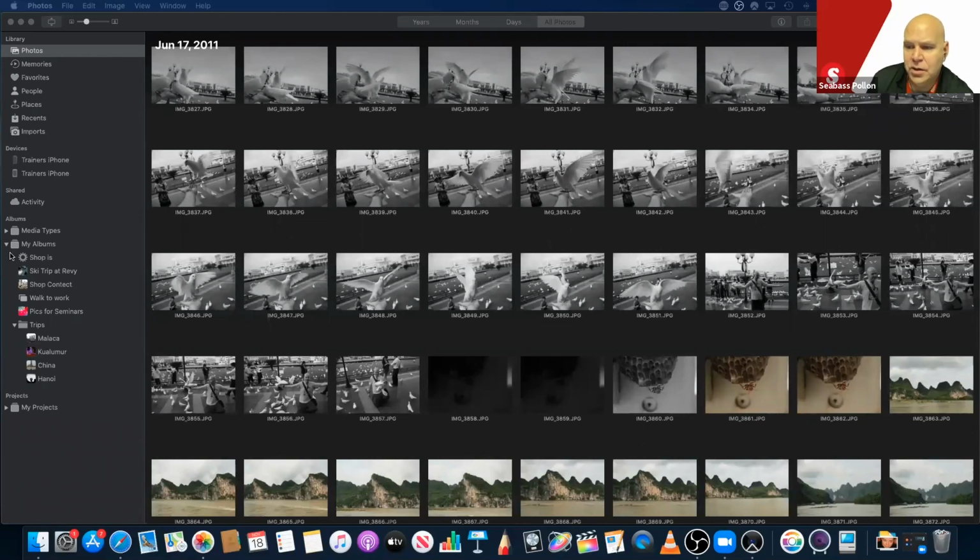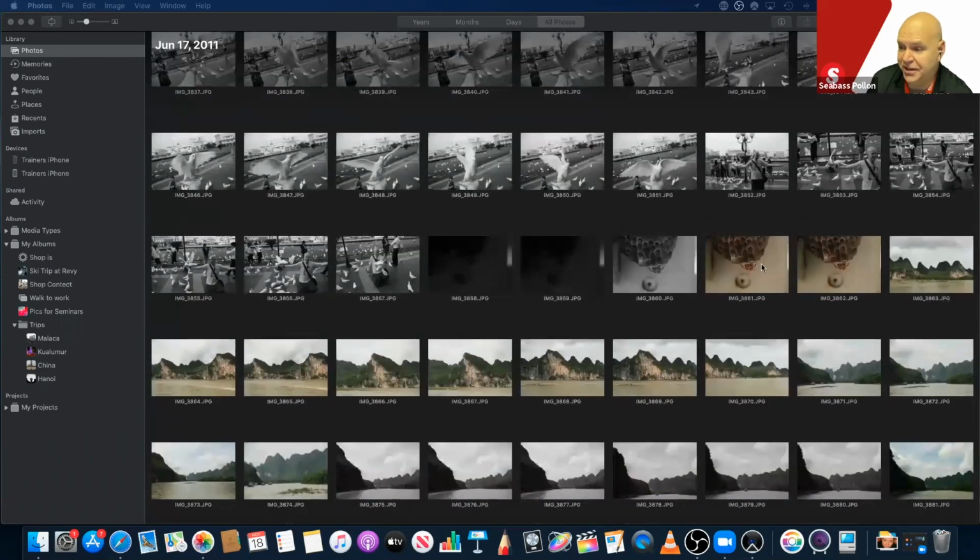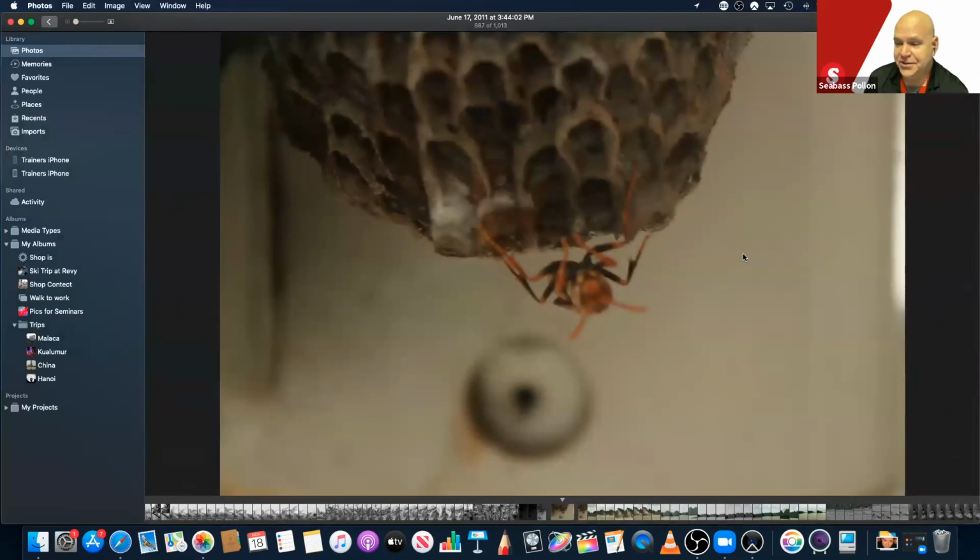Okay, so I'm going to pick, actually, I'm going to pick this one. This is a bit of a spooky one for you bug people out there. Don't freak out. That was how close I got to one of those real murder hornets. I don't recommend getting any closer than that. This is a great time for a telephoto lens. If I wanted to, let's say, have a